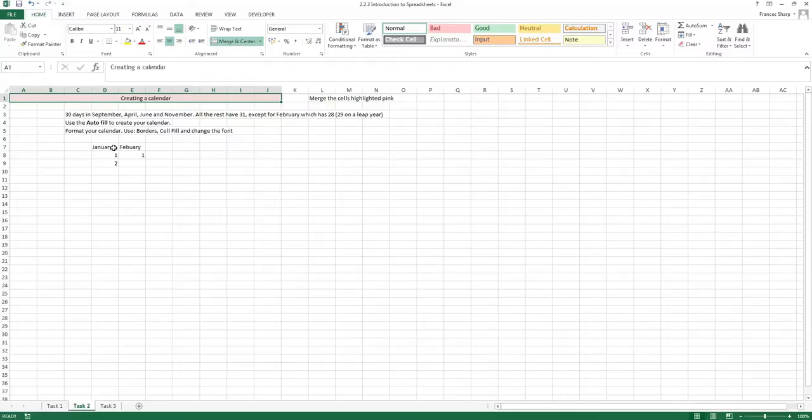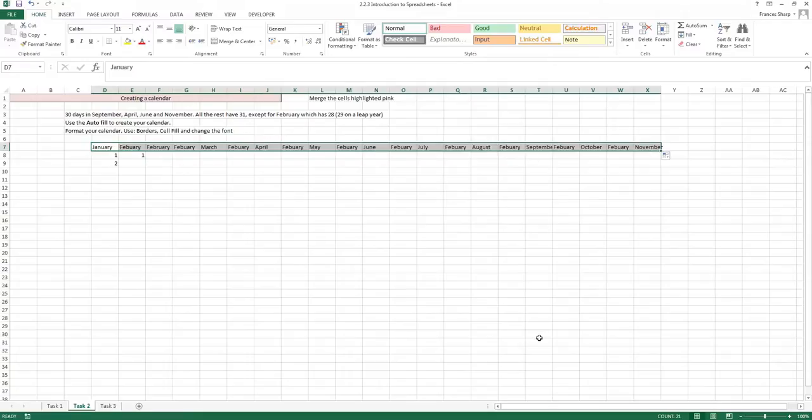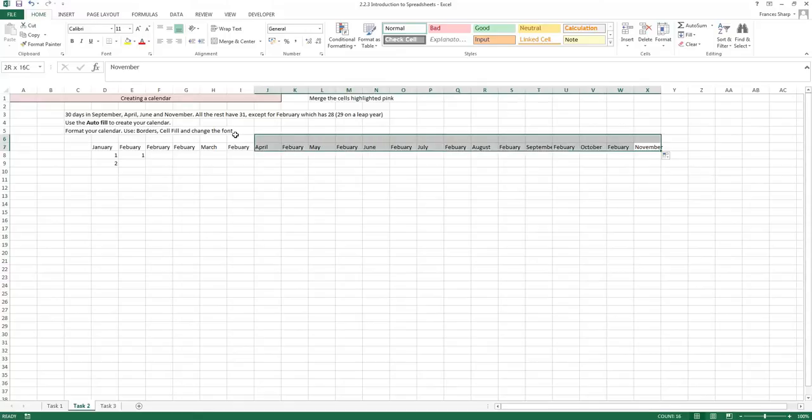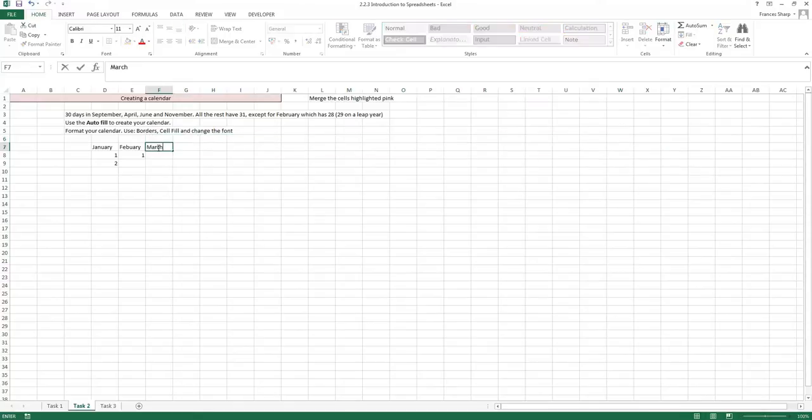Now in order to do this, we're going to do autofill. Now autofill will find patterns in anything really, so we're just going to highlight January and February, click on that little square. Now you'll notice that it suddenly turns into a little black cross. Okay, so when it's a black cross, you click and drag. Now that doesn't work, so what you do is you just click March, just type it in,